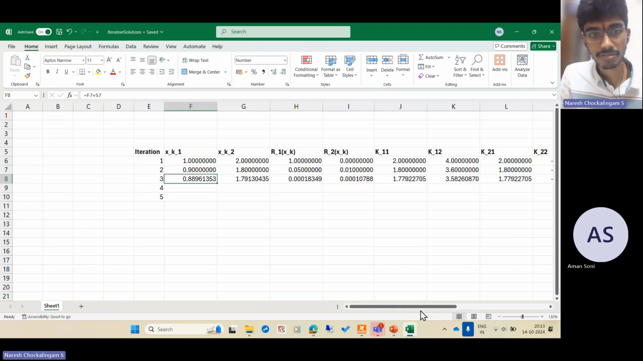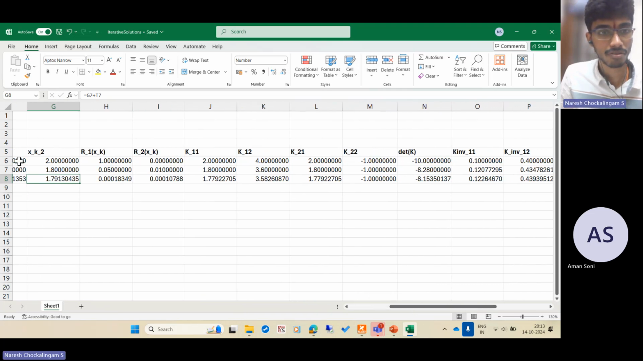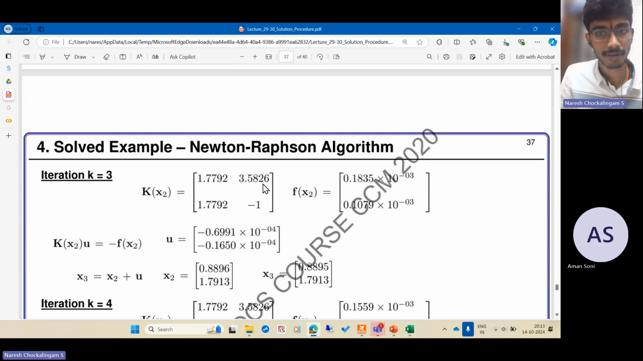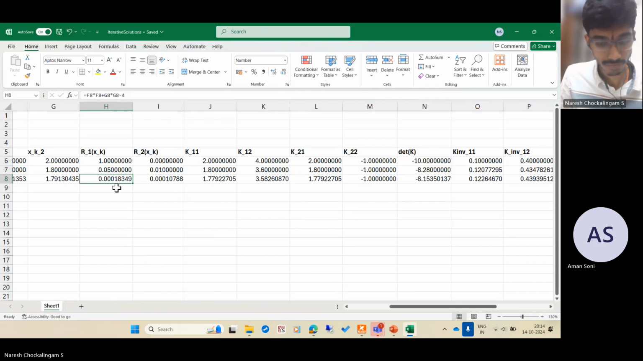So in the third iteration, you start with 0.8896 and 1.79 as the initial guess, right? So R is 0.018349, and what do we get? So in the third iteration, we get 0.88961